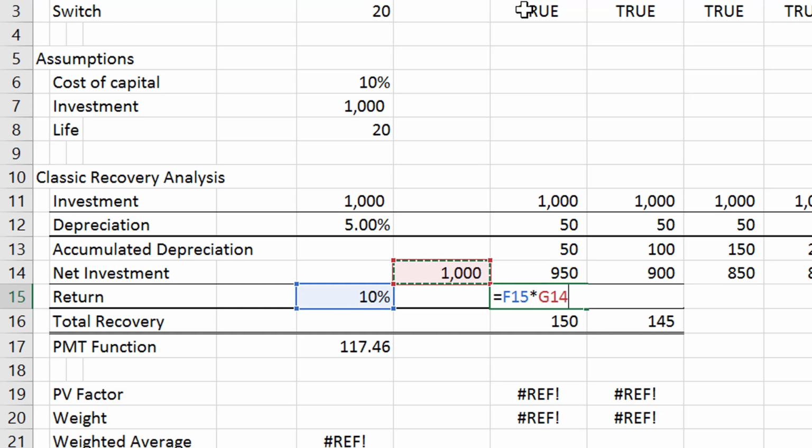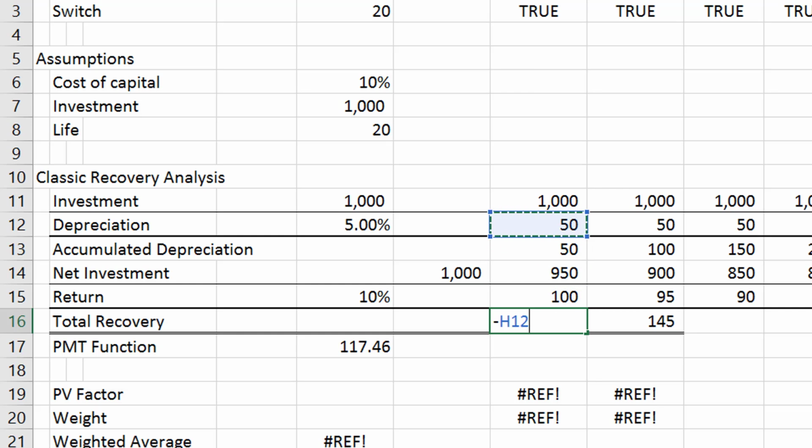You use the prior period, okay? Always. And of course, fix my senility here to get the total. And then our total amount we have to recover is the depreciation expense that we charge on the income statement plus our return. And this gives you kind of a classic